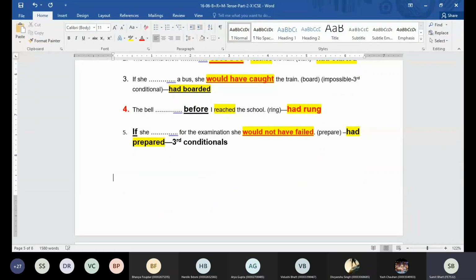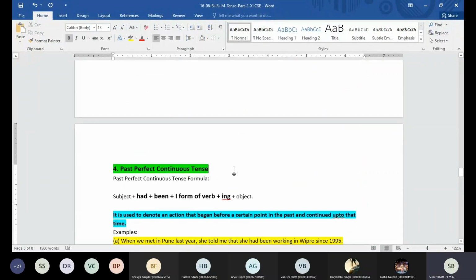Okay, now the next tense is going to be past perfect continuous, guys. Present perfect continuous is used to denote an action which we started in the past, but it is still going on at the time of speaking. Now, past perfect continuous is used to denote an action which we started in the past and it was completed in the past, but it was going on for a certain time in the past. Then we use past perfect continuous. We use subject, had been, first form of the verb with ing,